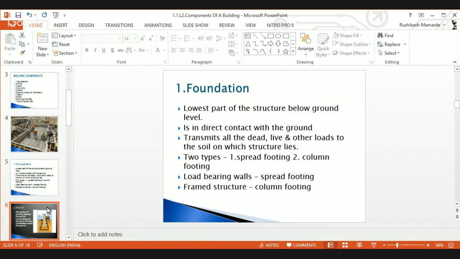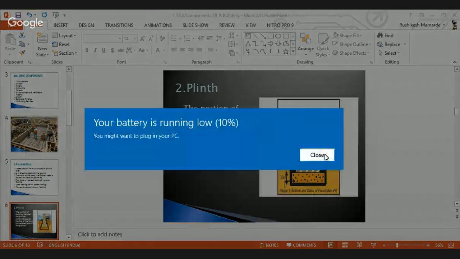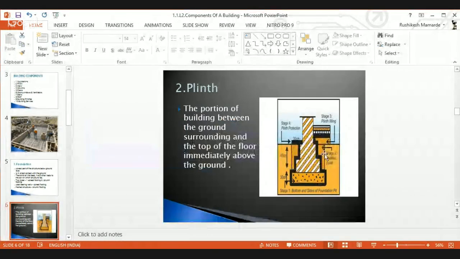Then the next part is plinth. So what is the plinth? The plinth is the portion of the building between the ground surrounding and the top of the floor immediately above the ground. Here is the ground level, and this is the bottom, the foundation, and above the foundation there is the plinth. This is the plinth, and above that